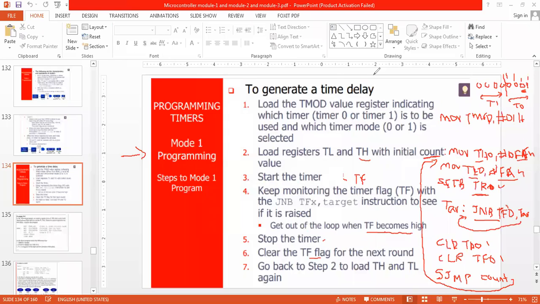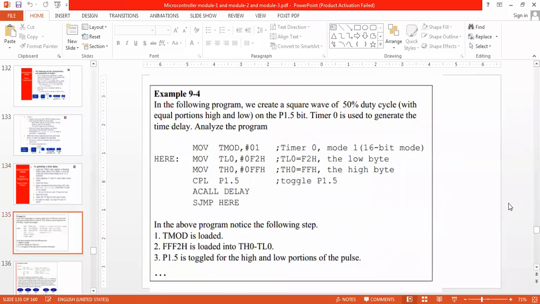Okay. So now it is very easy for us to look into the programs. See, it's so easy now to analyze the program. The following program creates a square wave of 50% duty cycle. 50% duty cycle means what? We are generating a pulse here, so the on time period as well as the off time period are equal.